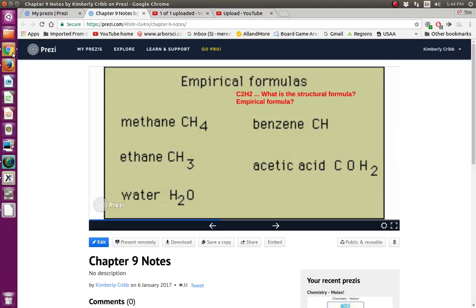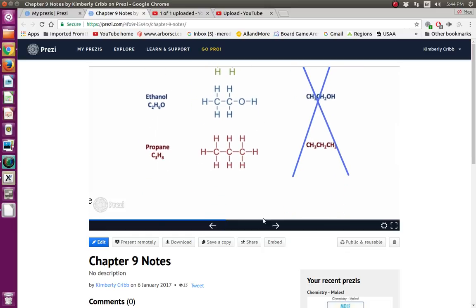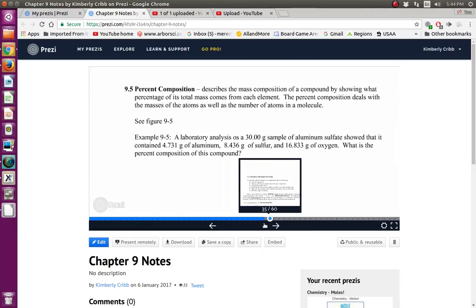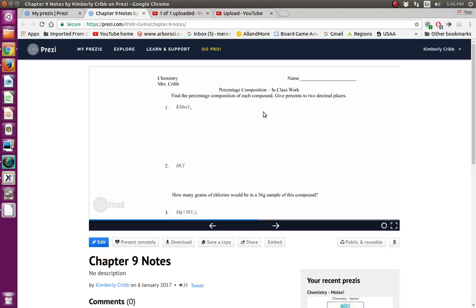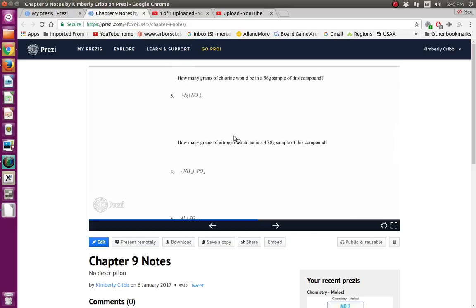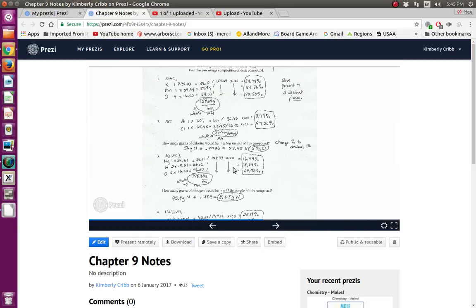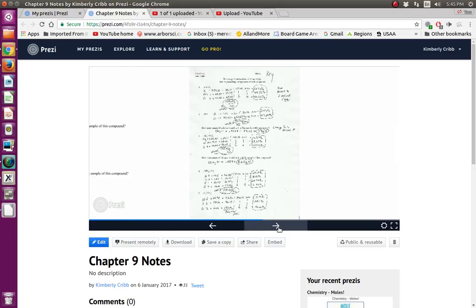And there's one other thing I was going to show you on this Prezi. This is some more structural formulas and empirical formulas. Let's get past the percent composition here. There it is. I have this worksheet I'm going to email to you, and it's some in-class percent composition practice, which we're not going to get to do. But I did do the seat work for you that was in the notes. So if you need additional practice, you can do these. Find the percent composition of these molecules, answer a question about it. There's just a few, like 5 right there. But also embedded in the Prezi is the answer key to all of those. So you need to make sure that you can understand how to do all of these, okay? When we get back, we'll be moving forward from this point. I'll see you